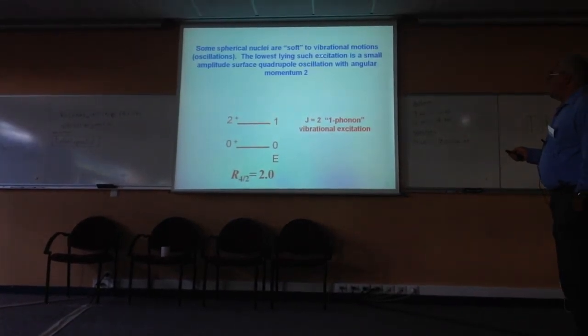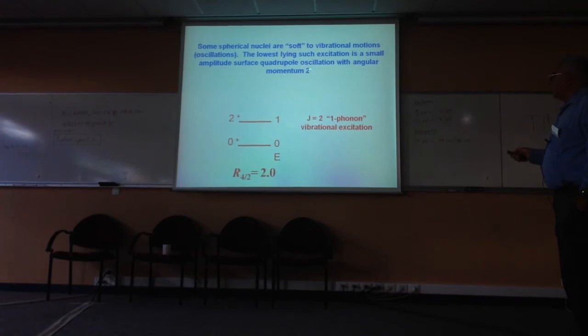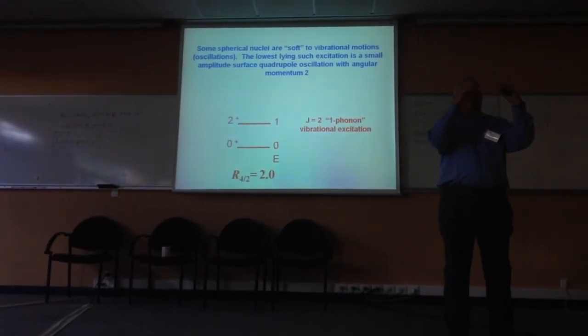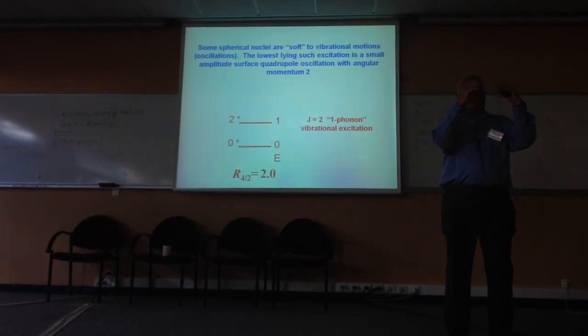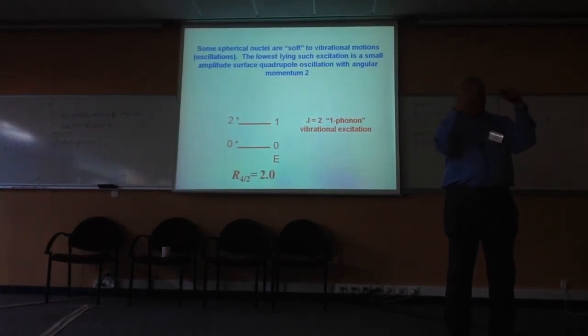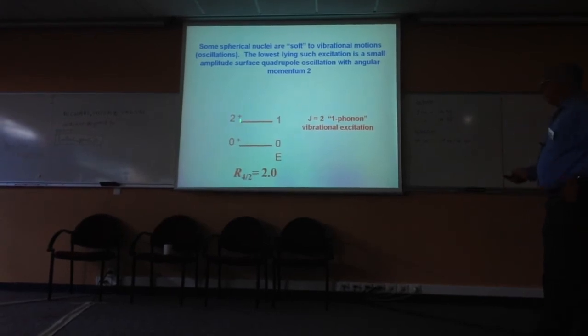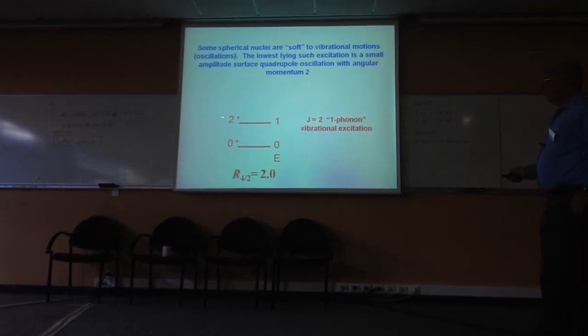The lowest such excitation is a quadrupole excitation, so that's an excitation where you take a sphere and then it looks a little bit like the American football this way, and then looks like it this way, and it goes back and forth. That has 2 units of angular momentum, and so the first excited state will be a 2+